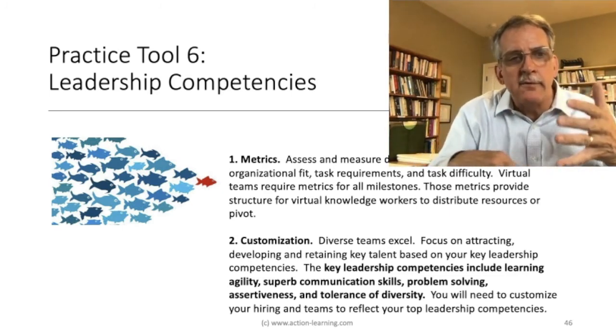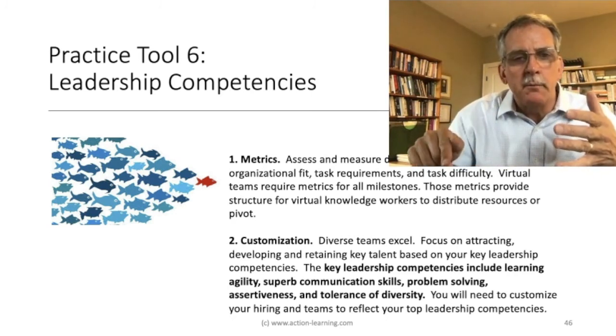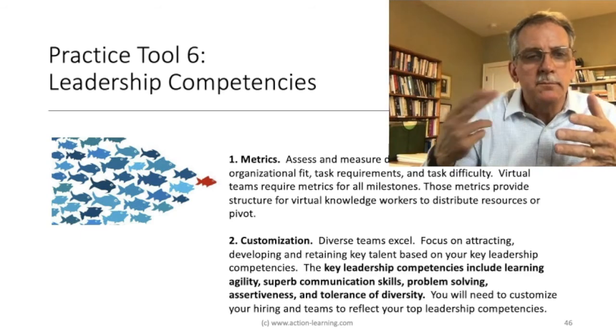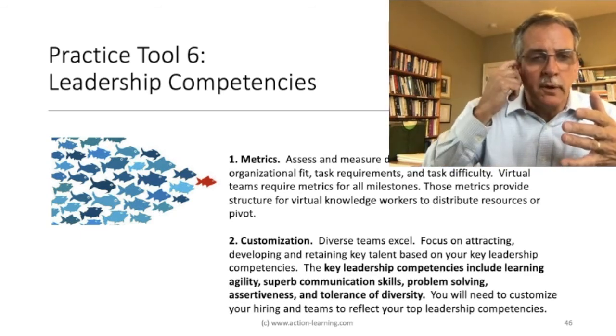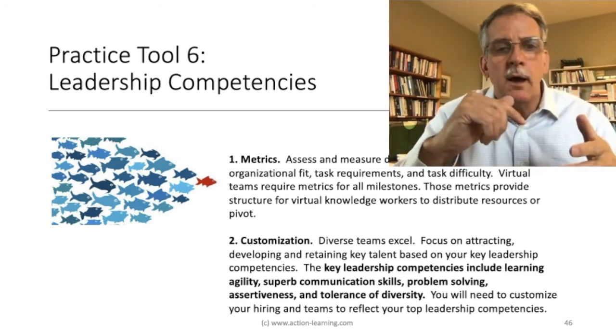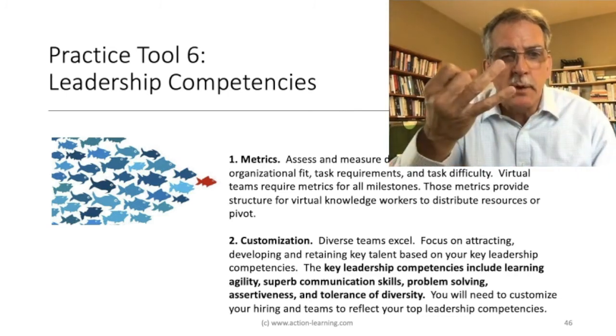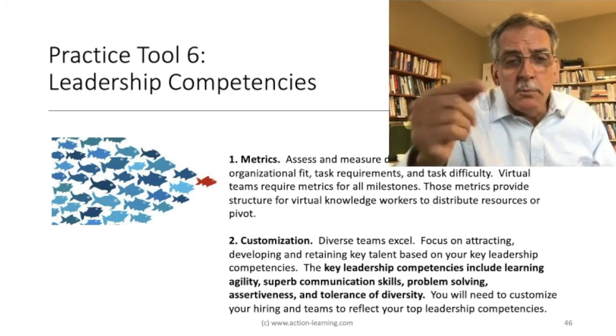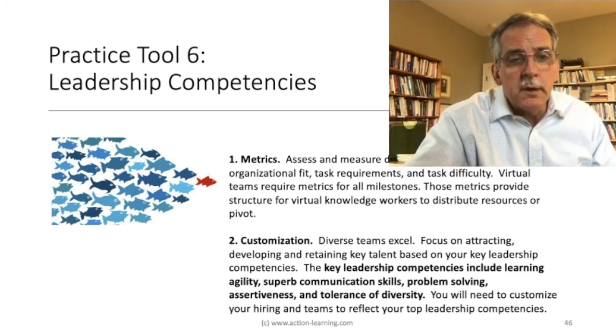So think of these 5 as the top 5 leadership competencies that you could start with in your little list. And then I invite you to develop it, because that's what we do. When we have a virtual team, I always look for smart people who can solve problems. Those are my 2 criteria in hiring. But yours could be different, and probably should be.